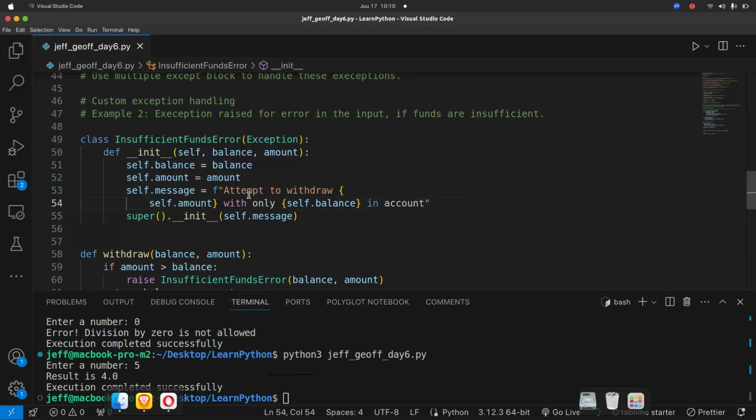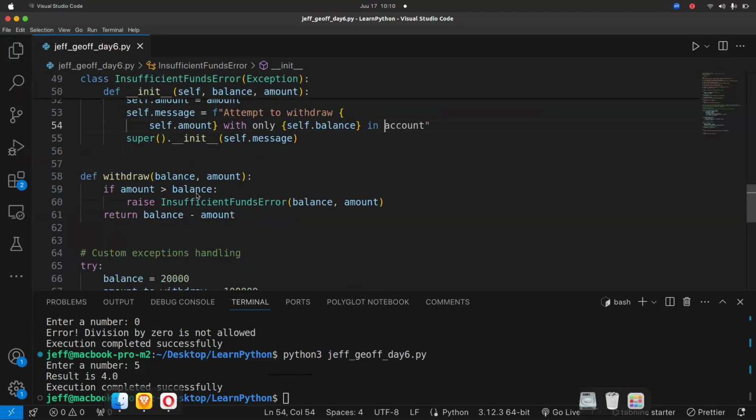So we also have the super, which basically helps us to initialize the messages. Then we also decided to define the functions here so that when we are raising our custom exceptions, it self-checks if the amount is greater than the balance. Then we can have the insufficient fund error.